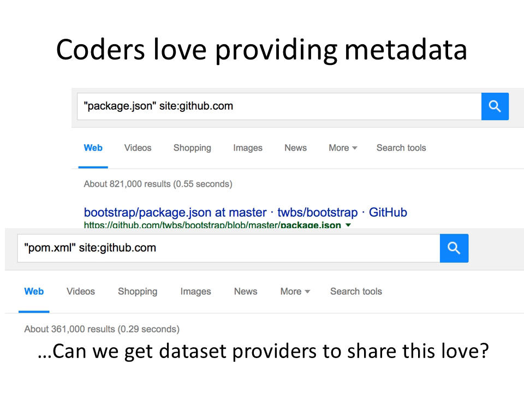Now of course, programmers aren't doing this just out of their love of providing metadata about their project. They're providing these because these are actionable files that help them with their day-to-day work and help them integrate with other pieces of code and so on. It's really just a necessary part of software development in the current ecosystem to provide these package descriptors that say what the contents of your project are, what their dependencies are, and provide other information such as version numbers and so on.